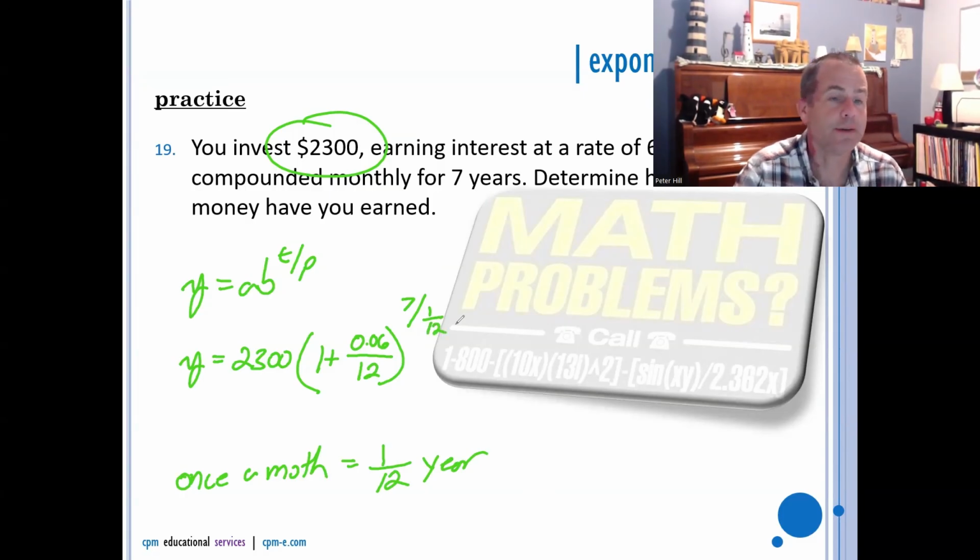Okay. Now, if I type all of that in, I am going to get the right answer. I'm going to quickly type that in for you because my PowerPoint is going to show you the other way to do it. But you get the same answer either way. And I just want to use it as a comparison. So 0.06 over 12. And then that's going to be, okay. Oh, I got a syntax error. Oh, I see why. Sorry. My bad, friends. Okay, so I get